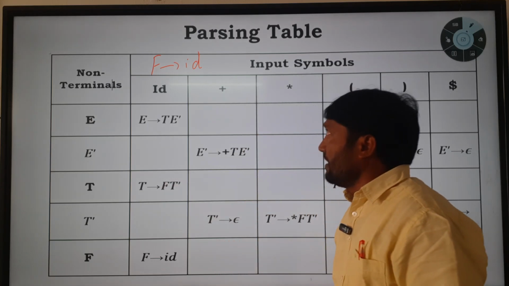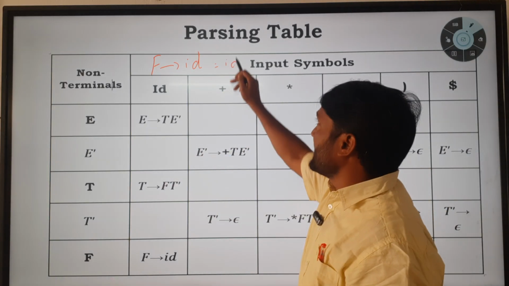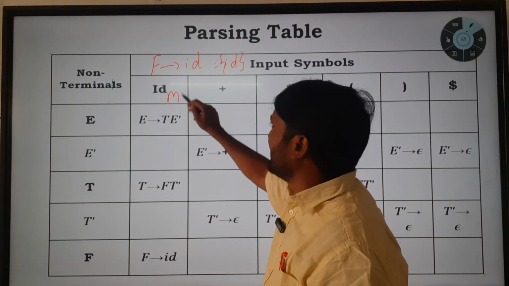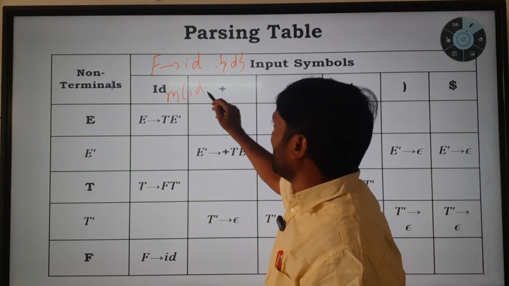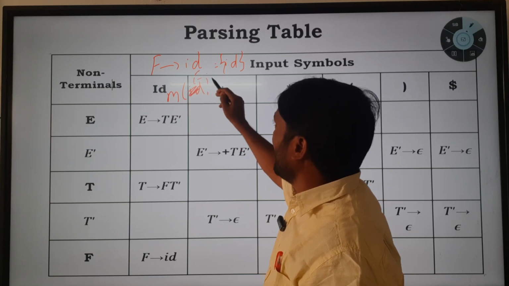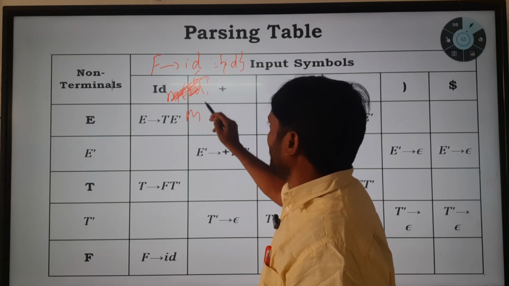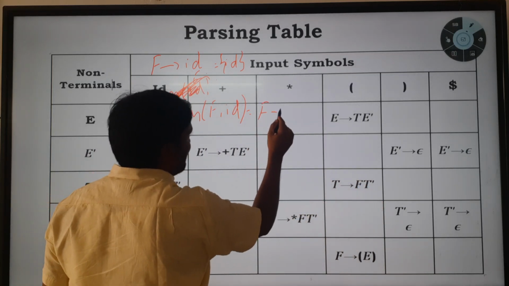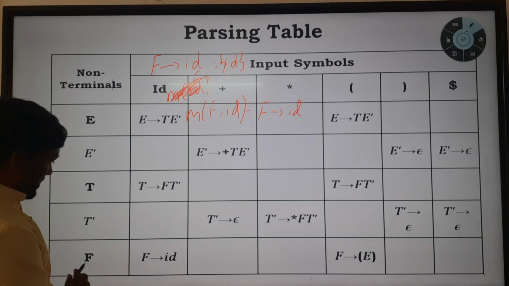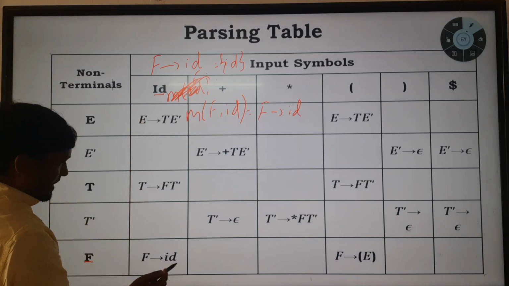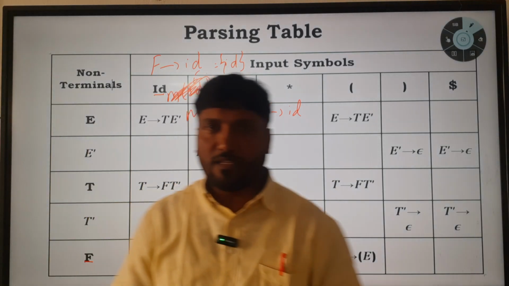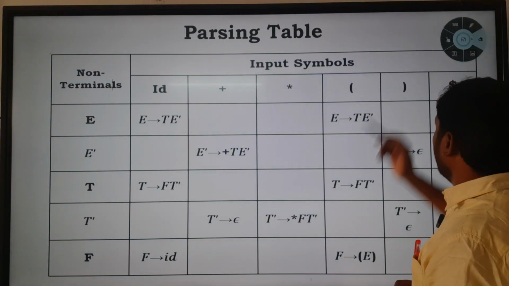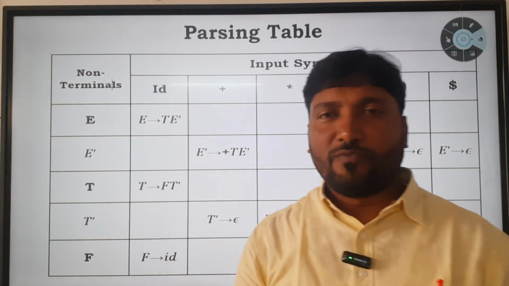So, first of id becomes id. That means now we are going to create the entry table: M of F comma id can be filled with F derives id. So, there is an F and id can be filled with F derives id. So, this is how we can construct the predictive parsing table for the given context-free grammar by using first and